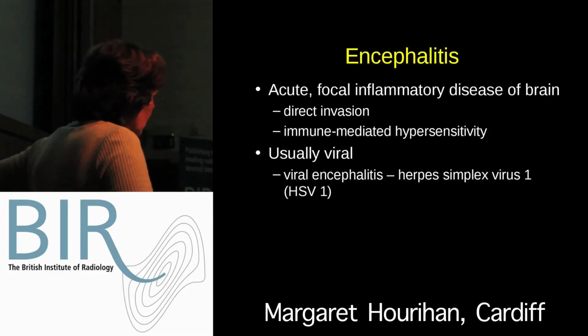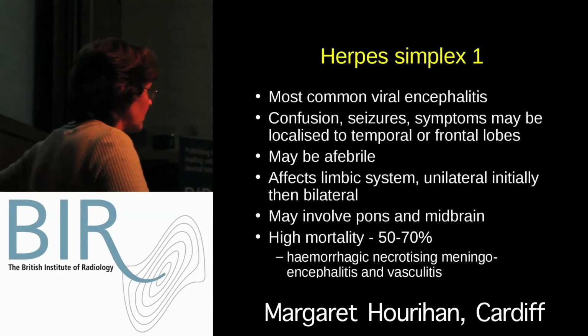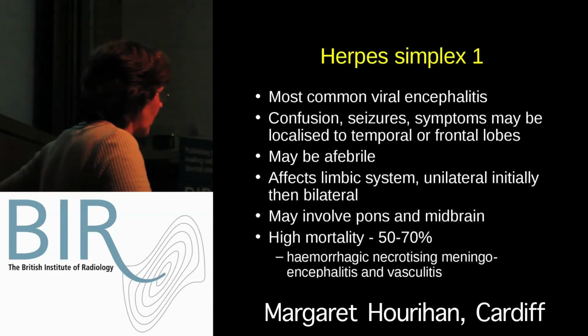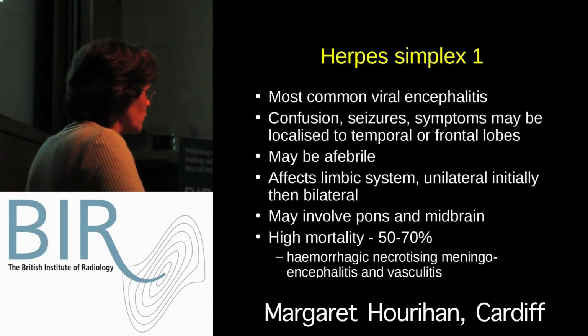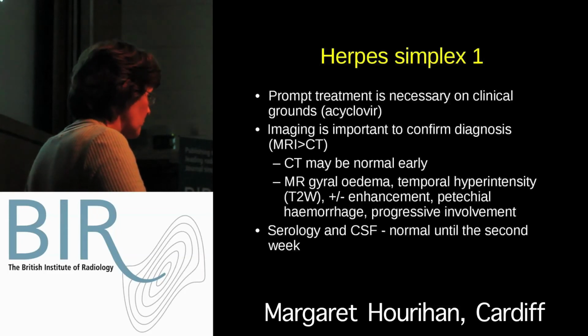Encephalitis is an acute focal inflammatory disease of the brain. It can occur with direct invasion or as an immune-mediated response. It's usually viral, and the common one that we see in the UK is Herpes simplex virus. The patients will present with confusion and seizures, with symptoms usually localised to the frontal and temporal lobes. The patient may be febrile, and the virus tends to affect the limbic system unilaterally first of all, and then